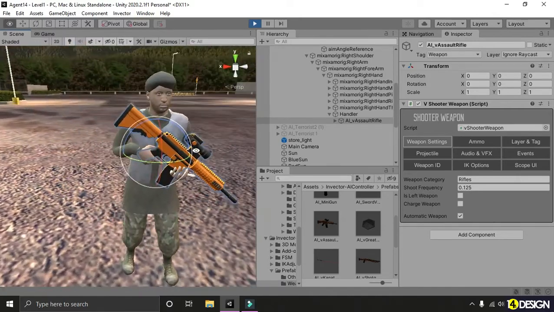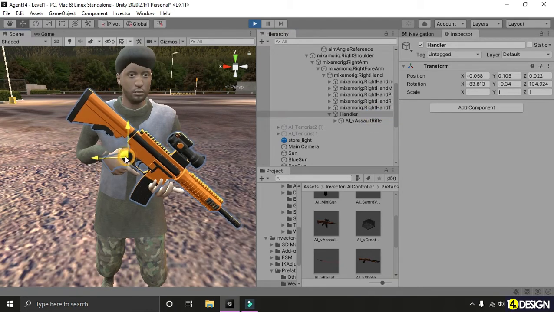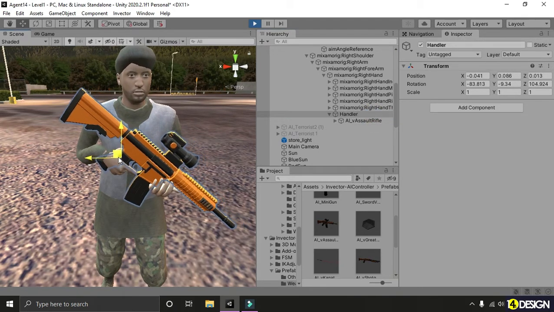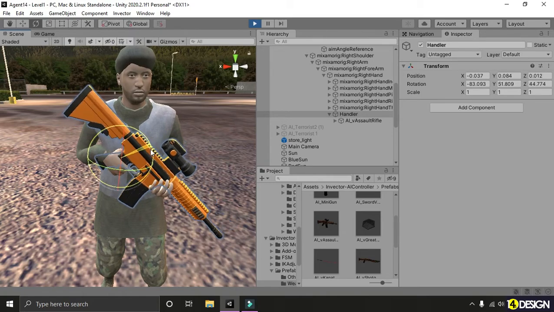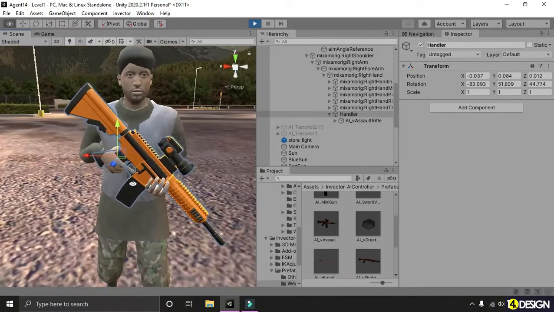There, it looks almost okay. We're gonna have to adjust a little bit. There, it looks okay.